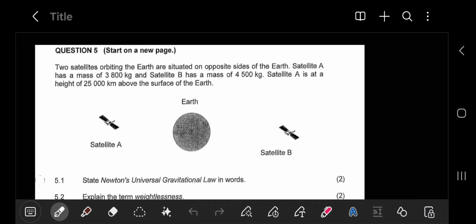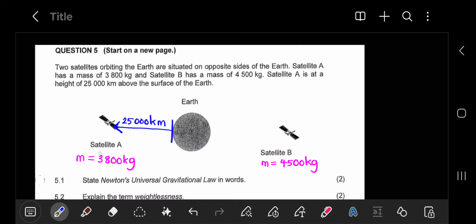Now, what I notice is that they have provided you with a diagram, but they do not have any of this information filled in on the diagram. So I'm just going to take a moment to fill in these values where they belong, so it's easier for us to understand what's going on. So here is all of the information that we have been provided with. I filled in the masses of satellites A and B. And I also want you to notice how I filled in the distance between the surface of the Earth